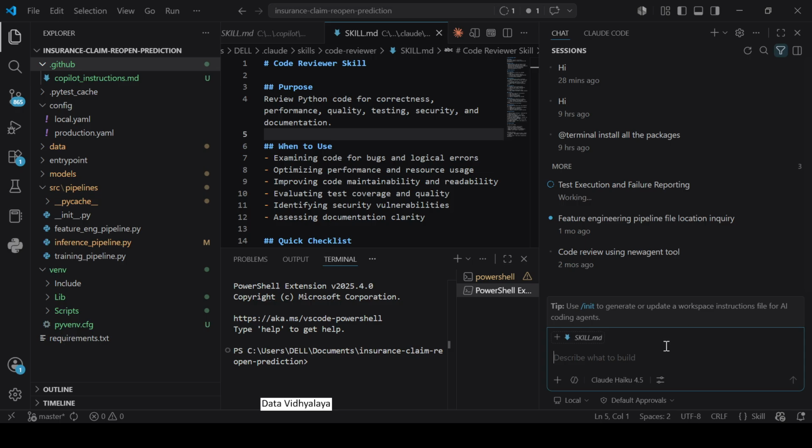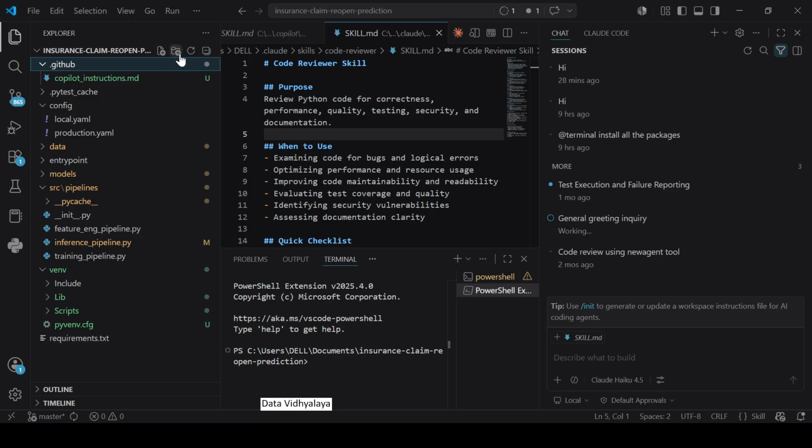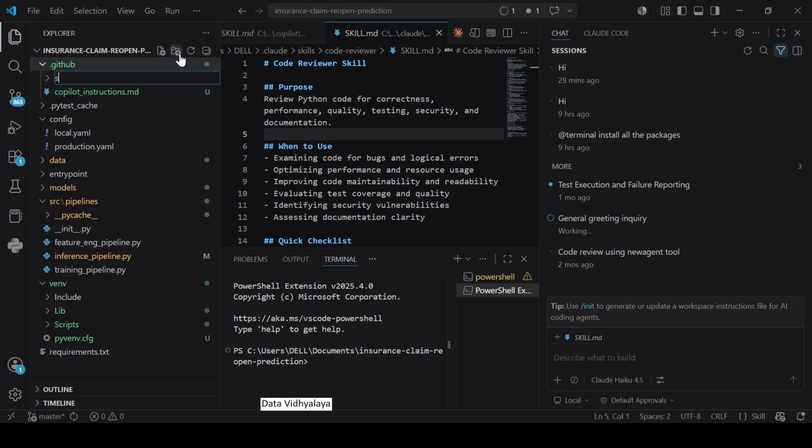Oh, yeah, got it. So if you see here, this is the project level skills. For example, you can create a new folder here in the .github. You can create a new folder, name it skills, and within that skills folder, you can create